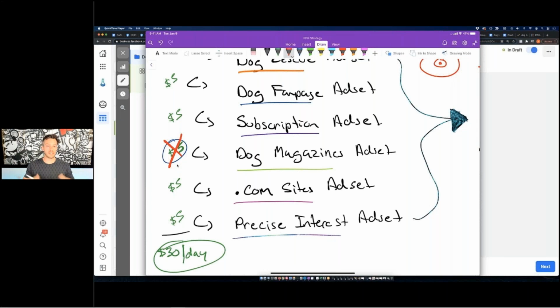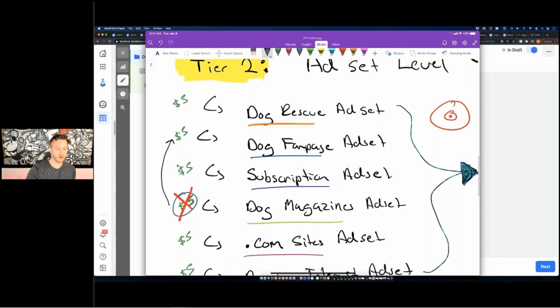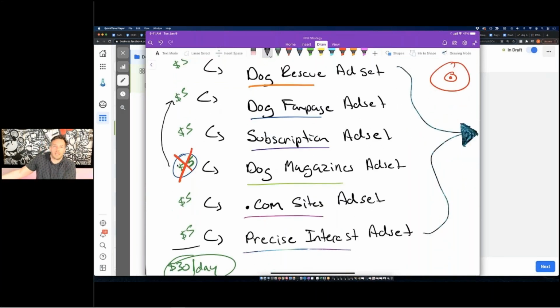If Facebook sees that when they show the ads to people that are interested in dog magazines and those people are not buying, what Facebook will do with campaign budget optimization, it's fully automated, is they will divert that $5 over here, right? And they'll say, yo, let's spend that money on the dog fan page targeting. Why spend money somewhere where you're not getting results, right? So Facebook will take your budget and put it where it is giving you the best results with